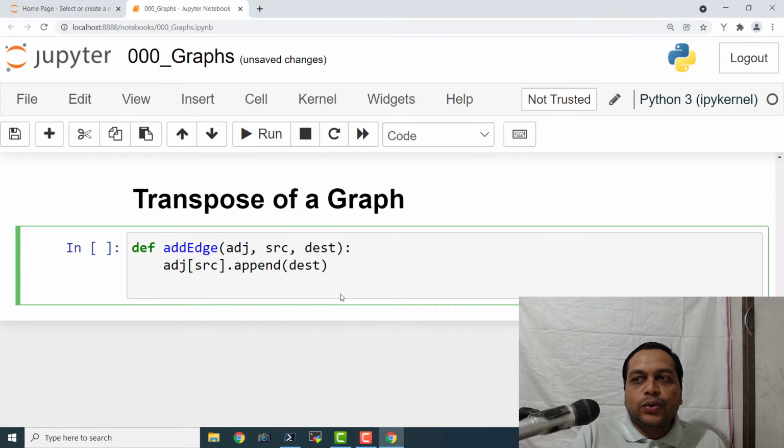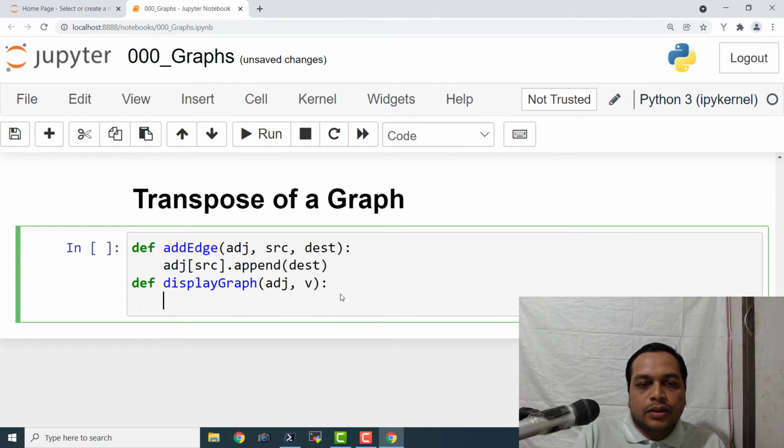And then we are going to go ahead and write a routine for displaying the graph. And that is also very easy. We just need to have a dual loop or double loop, display graph. And then we are going to say adj, comma, v. So v is the number of vertices and adj is the adjacency list or adjacency matrix.